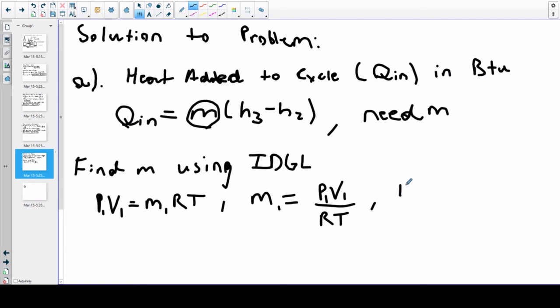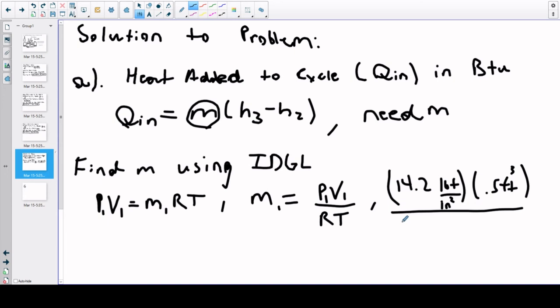So here's where the units start coming into play. Remember, we have 14.2, this is PSI, times 0.5 feet cubed. Maybe. Oh, I forgot to put the units down. Huh. Man, I gave you guys something special, didn't I? Okay, so 14.2 PSI times 0.5 feet cubed, and this is divided by